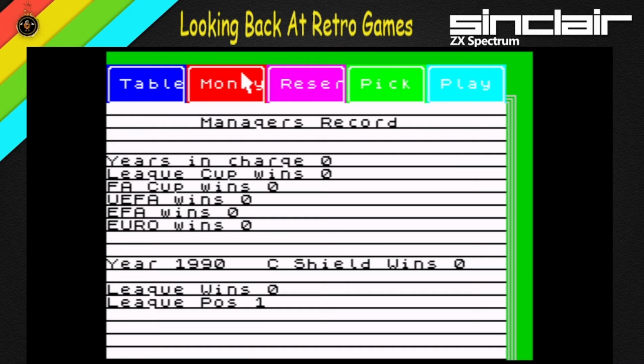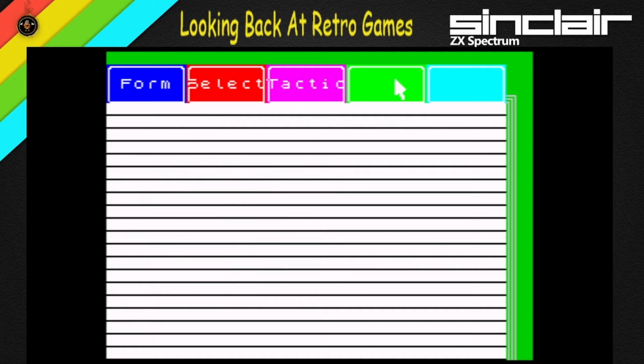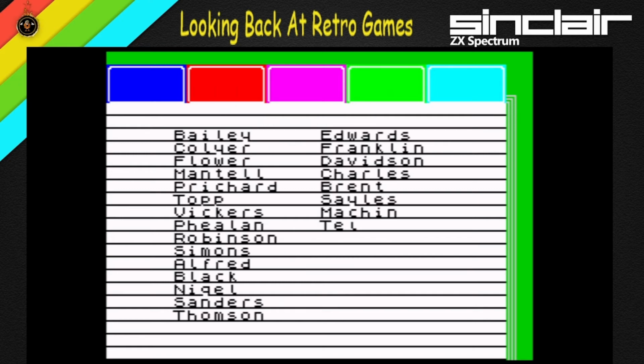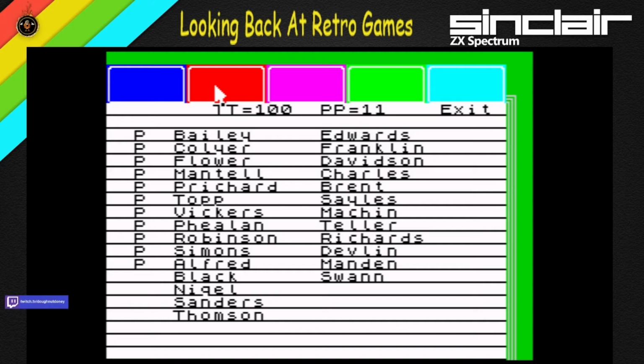And then you've got your money. Obviously, I still haven't spent anything. So let's go pick. So form. New form. Form means formations. 453. That's fine. Out of the screen. No, it's not letting me this time. Okay, let's just select 433. Now this is your team. As you can see here,